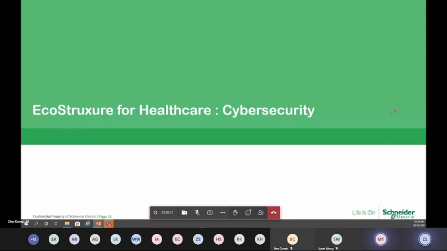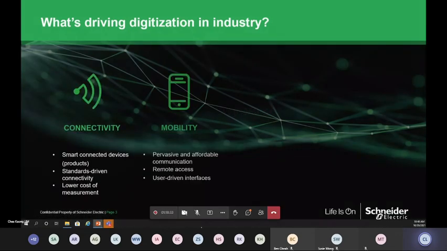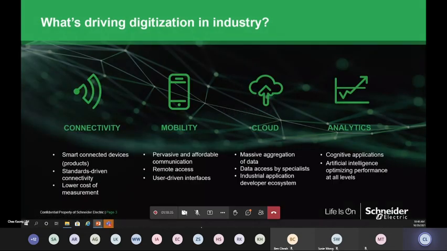All right. So if not, due to time, I'll move on quickly now to cybersecurity. Today, the moment we talk about digitization, if I do not touch on cybersecurity, then it is definitely not fair, and it's not doing justice to what we are trying to achieve here in the digital energy. All right. Let's look at what's driving the industry: standard connectivity, mobility, cloud, analytics. This is something that we are doing day in and day out.